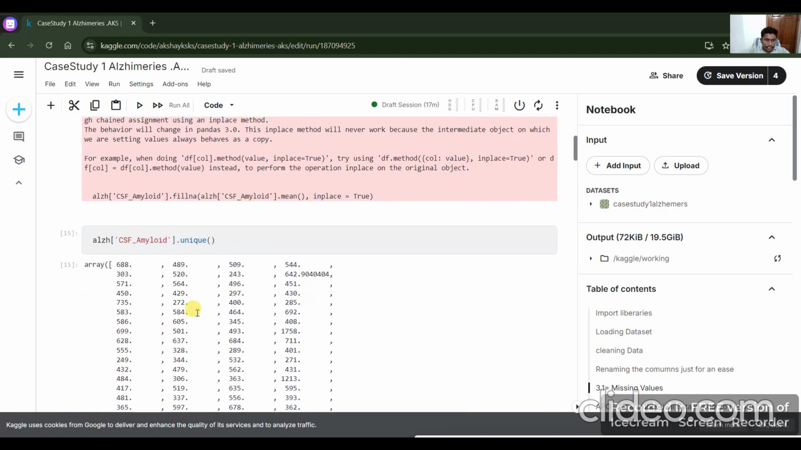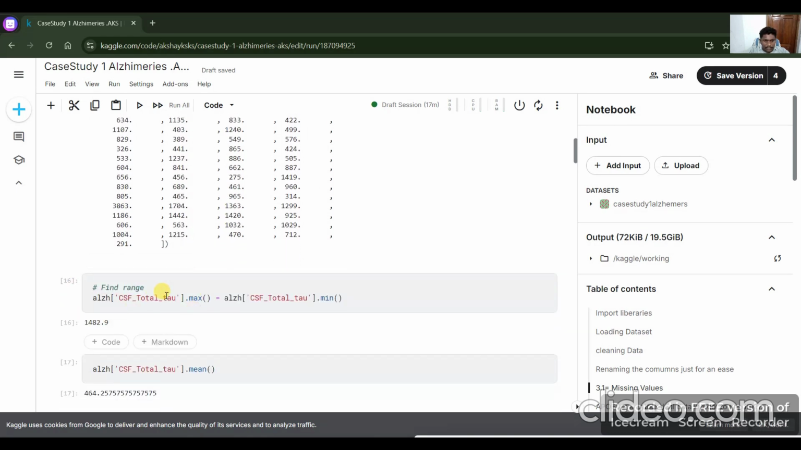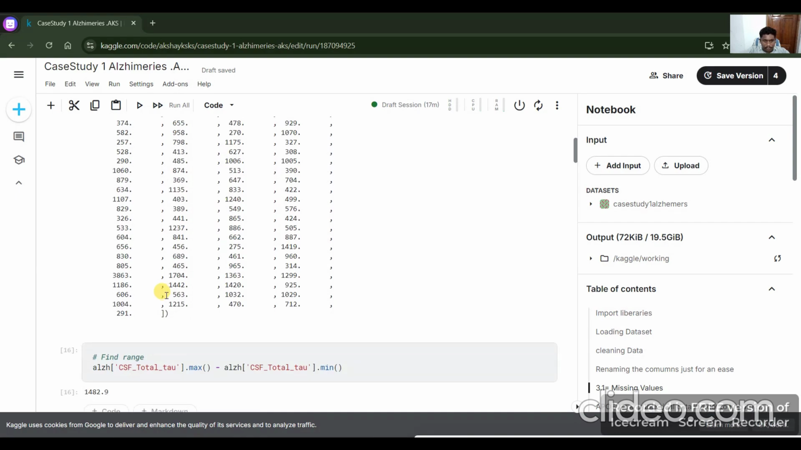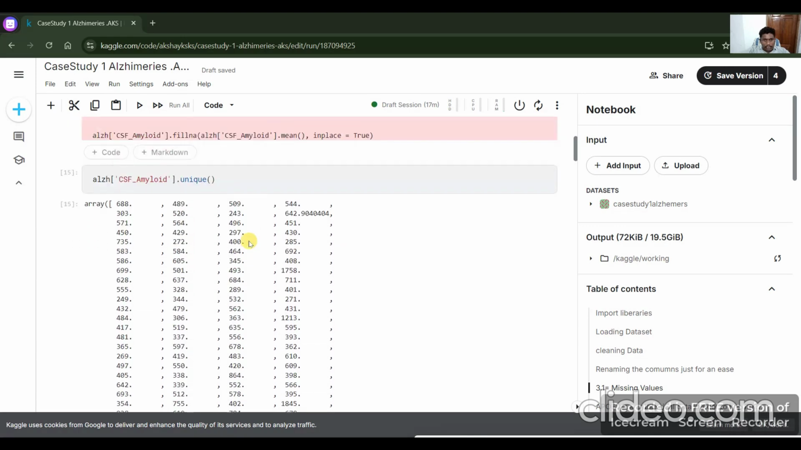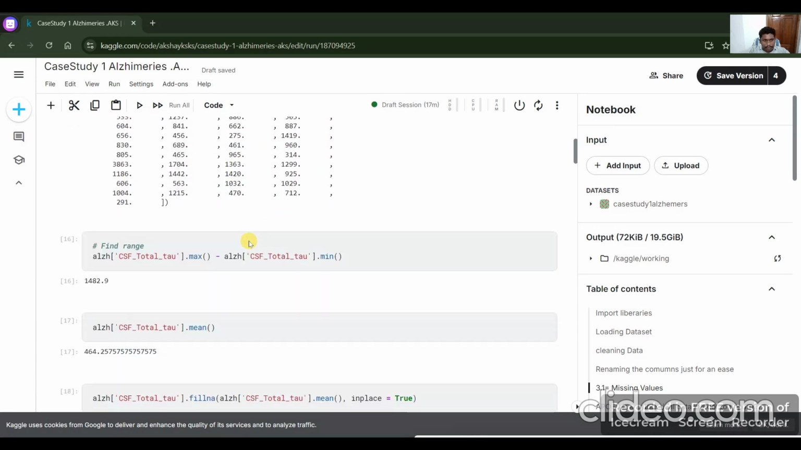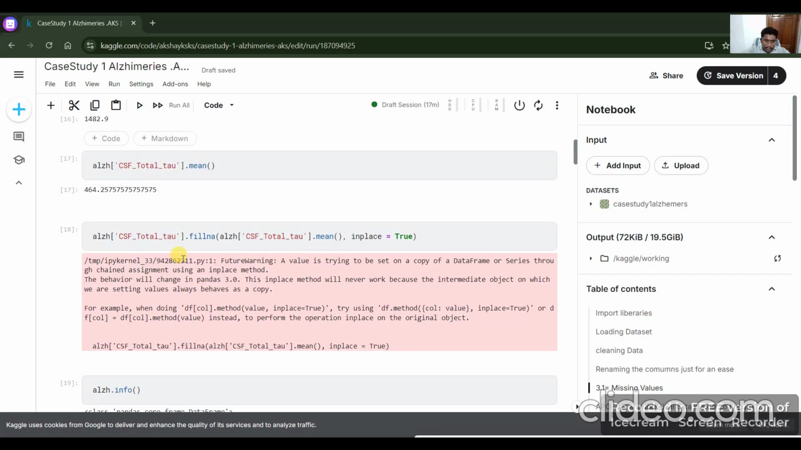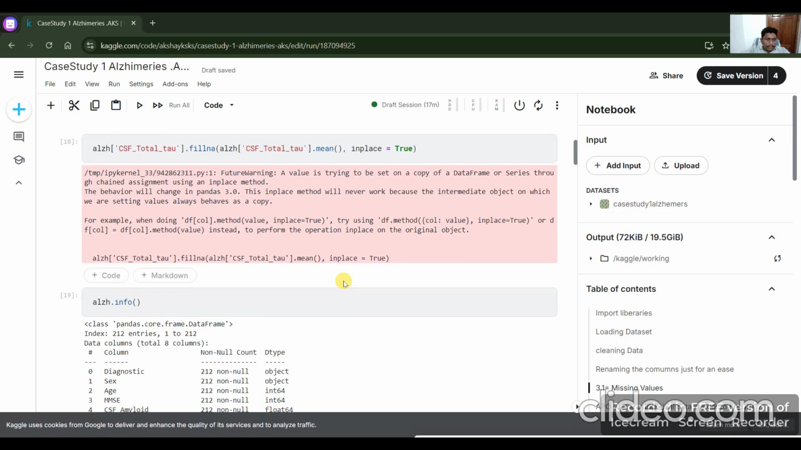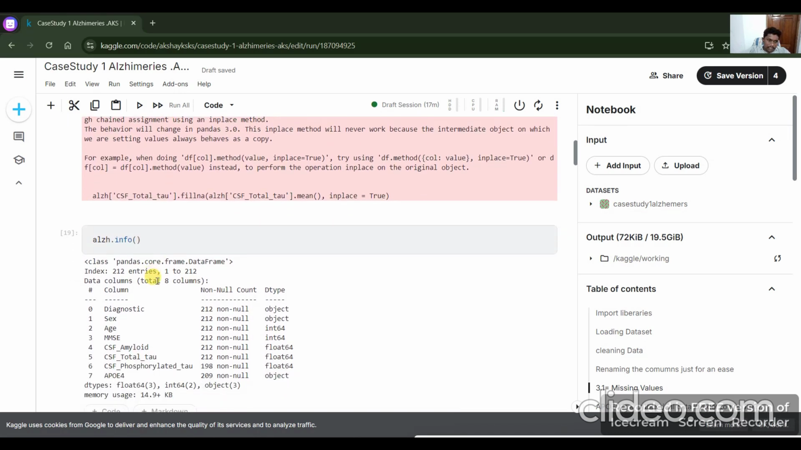CF amyloid unique we can see, after finding the range of CF total TAU and CF amyloid ending, and after that function. Total TAU evenly, all values are present in here. Then info, here we can see